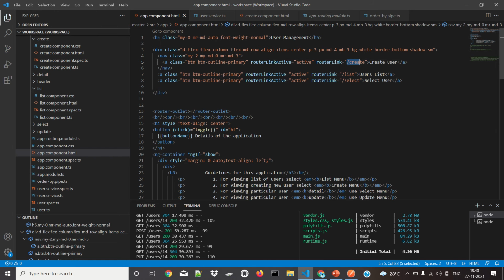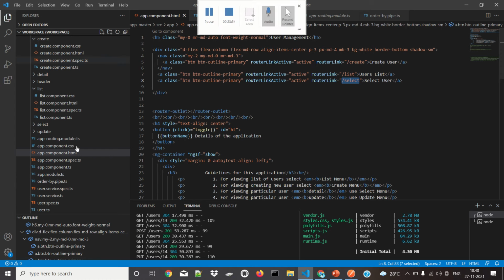I have given slash create, slash list, slash select, so that it will automatically go to these pages. Based on this selection only, it will go to the particular page.